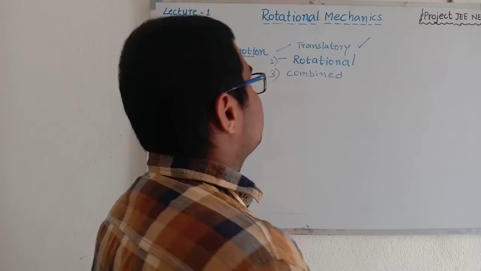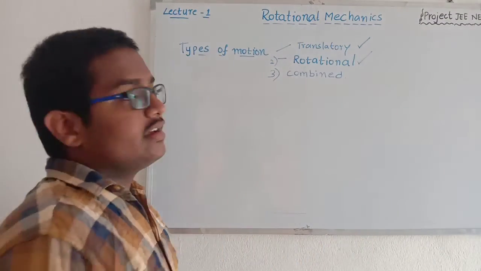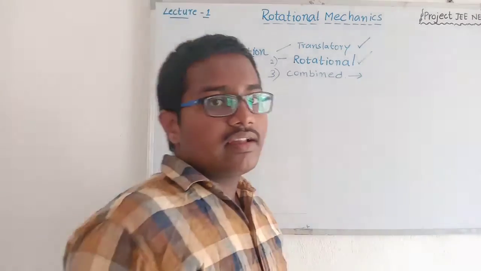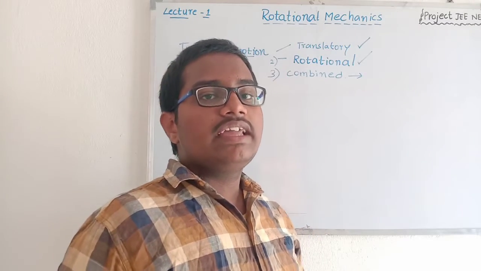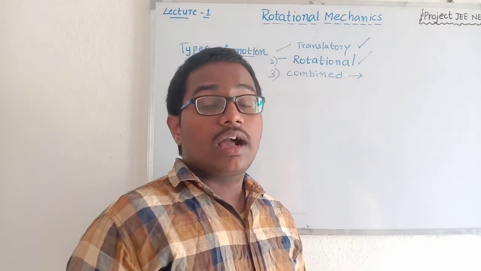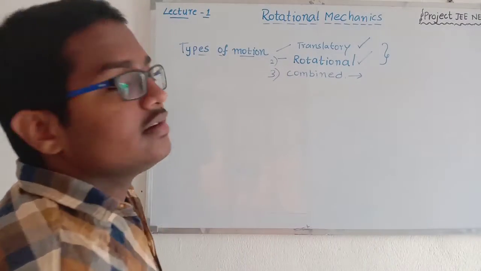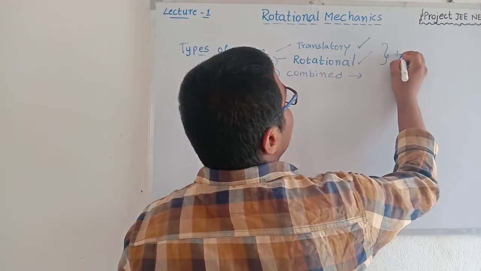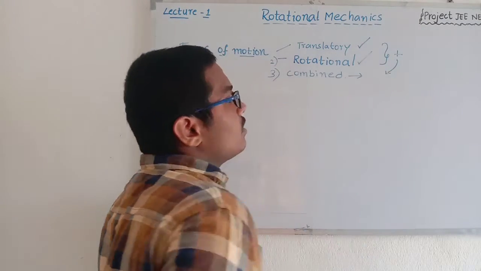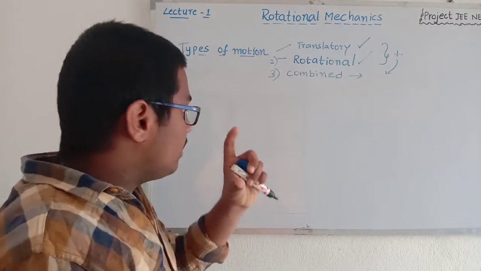Now let's discuss combined motion. We have completed rotational motion recently, and now let's go to combined motion. In the introduction as well, I mentioned combined motion. What is combined motion? Combined motion is the motion where these two are done simultaneously. Translatory motion plus rotational motion gives you the combined motion. At the same instant, both types of motion must be included for the same body.